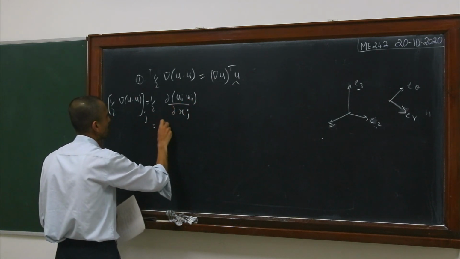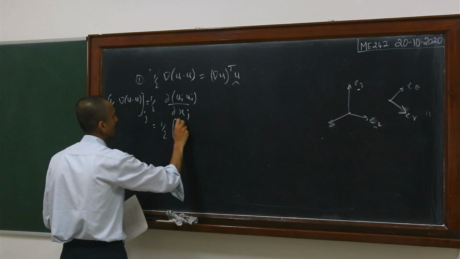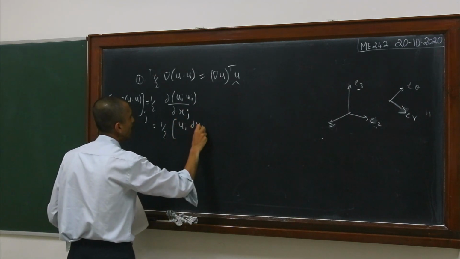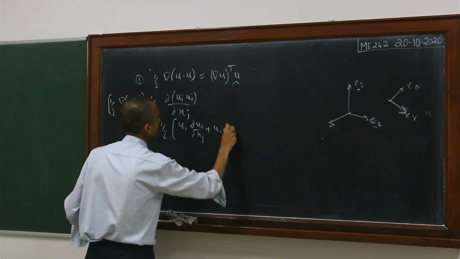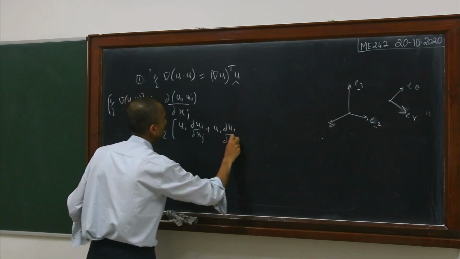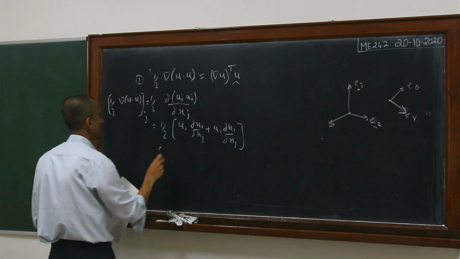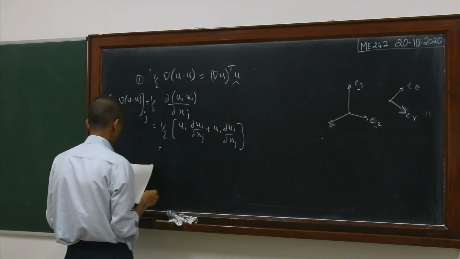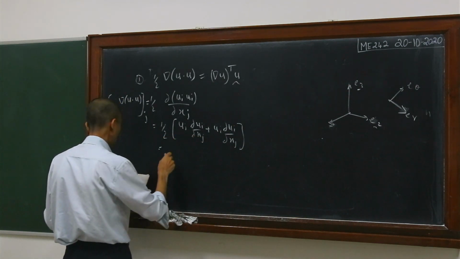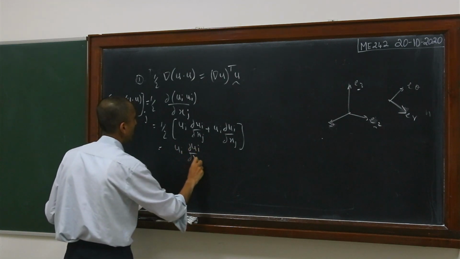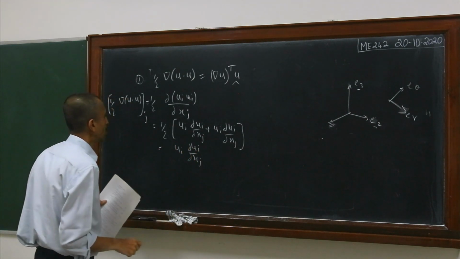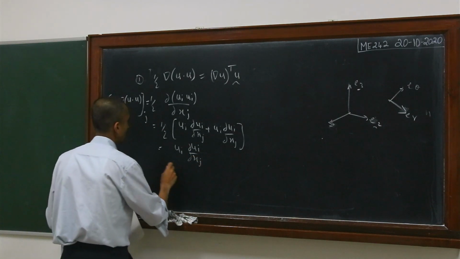So this is equal to half of ui times del ui by del xj plus ui times del ui by del xj. Right? And this is the same object. So you will get that this is equal to ui times del ui by del xj. Right? And now you can see that this is nothing but,